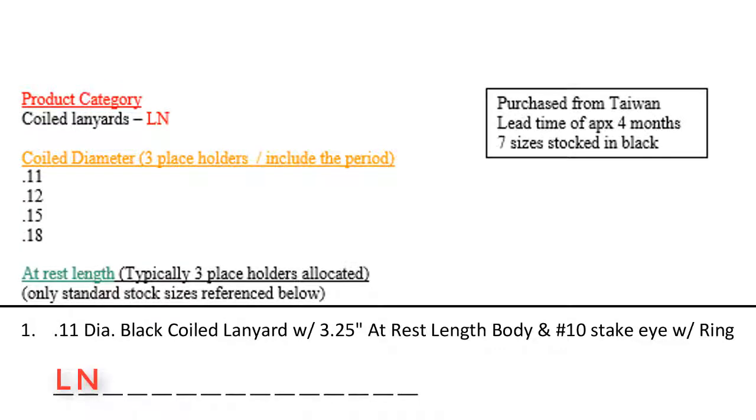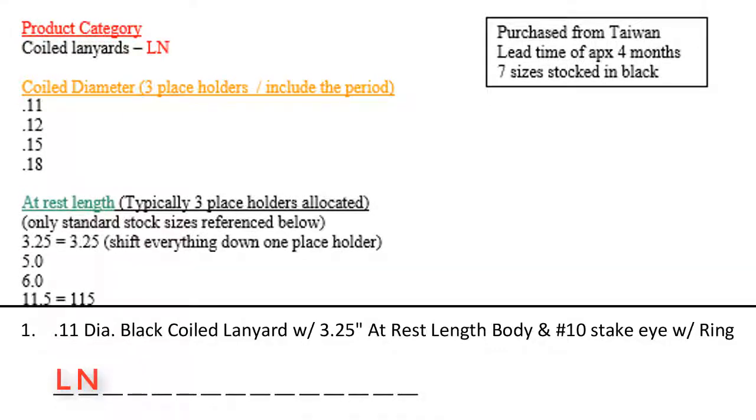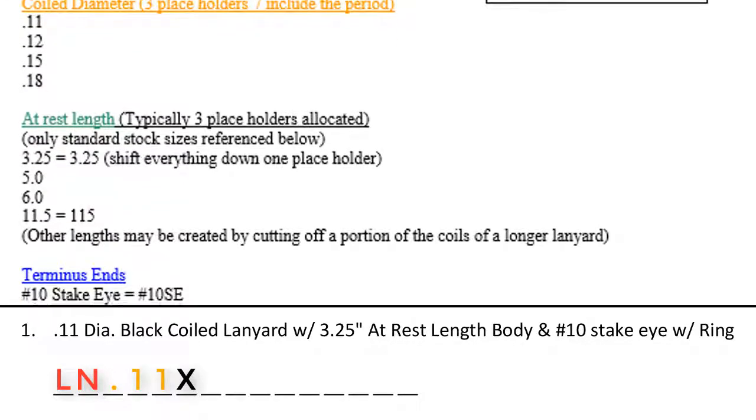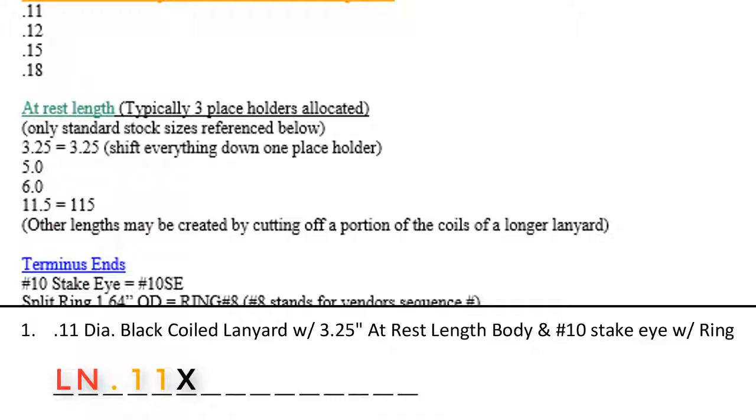an LN. Next, we have to identify the coil diameter. The coil diameter is 0.11. There is no translation. We enter 0.11 into the part code in places number 3, 4, and 5. After coil diameter, enter an X for by. Then we move on to the green at-rest length. Typically there are 3 placeholders allocated, but in cases of a 3.25 at-rest body, we actually used 4 space holders. So in the green section, enter